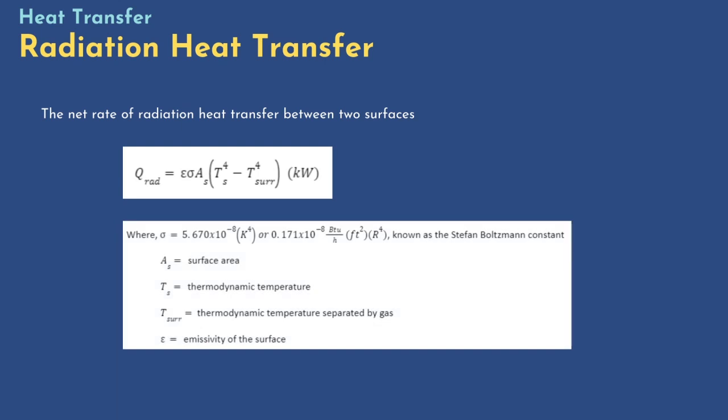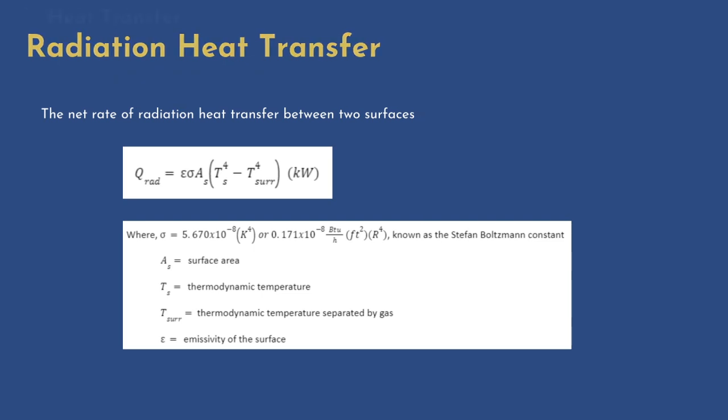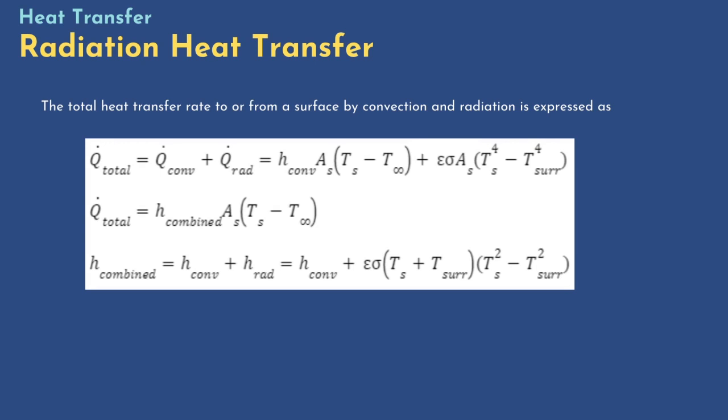The net rate of radiation heat transfer between these two surfaces can be expressed as Q rad equals emissivity times the Stefan-Boltzmann constant times A times the quantity T sub s to the power of 4 minus T surrounding to the power of 4. The total heat transfer rate to or from a surface by convection and radiation is expressed as